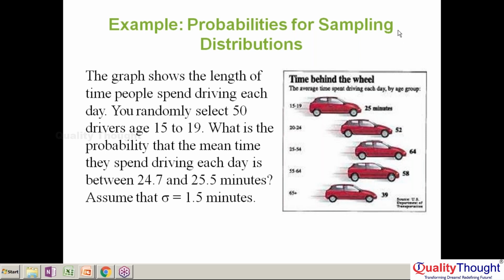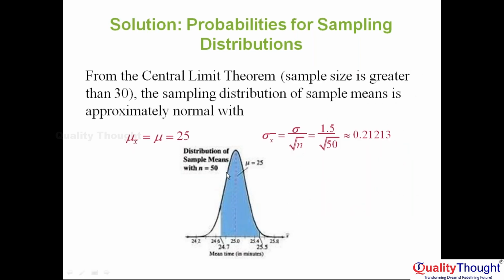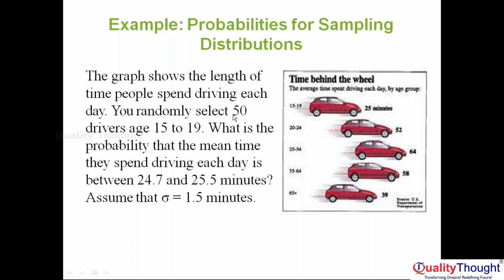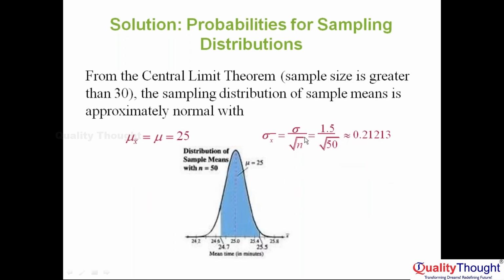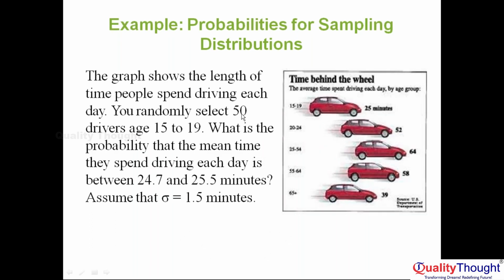So you understood that this mean is 25. See, mean is 25 and the standard deviation I can immediately observe is 1.5 divided by how many? 50 drivers I have taken, hence sigma divided by root n. When you see the sample size is greater than 30, right or wrong? Now, what you have to do? You have to identify